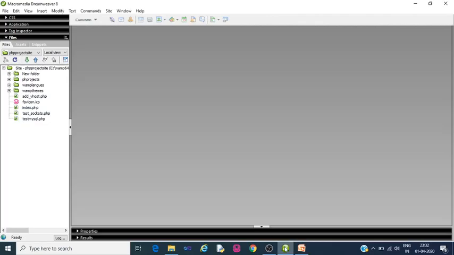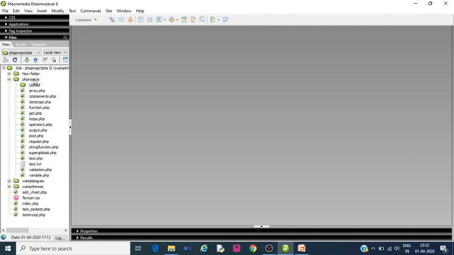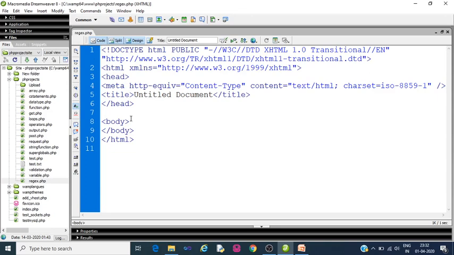So this is our Macromedia Dreamweaver text editor, and this is our PHP project site. This is the PHP projects folder. Now add a new file, regex.php. Double click it, open it. Now we'll start the PHP script here, with an if condition, if preg_match